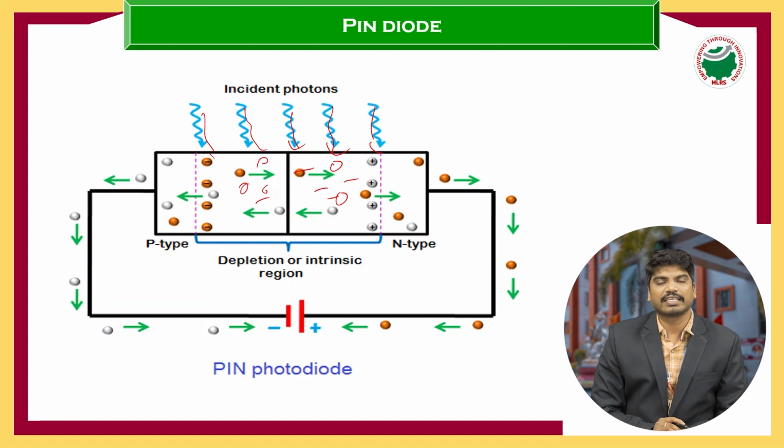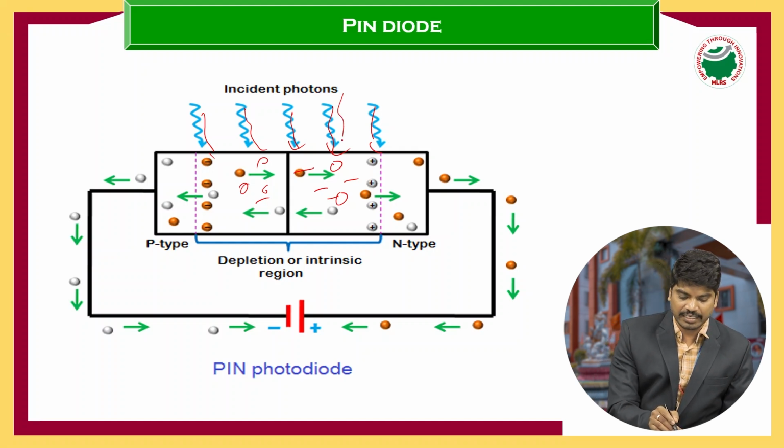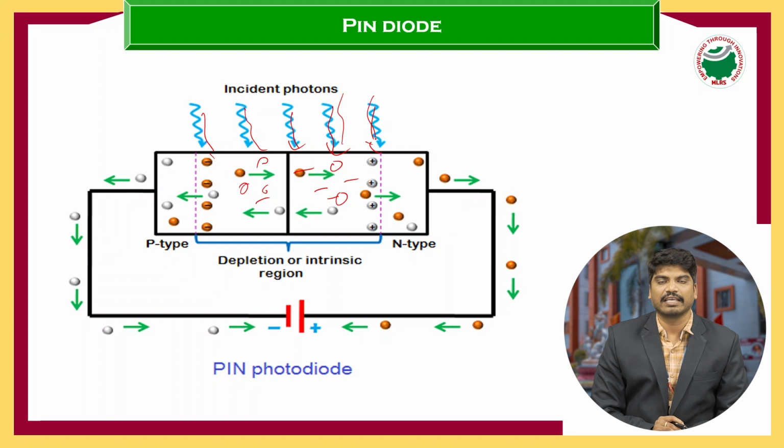If you increase the temperature, there is a possibility of current flow. The reason behind this is the breaking of covalent bonds. So when we incident light energy on the intrinsic region, it will absorb the energy,